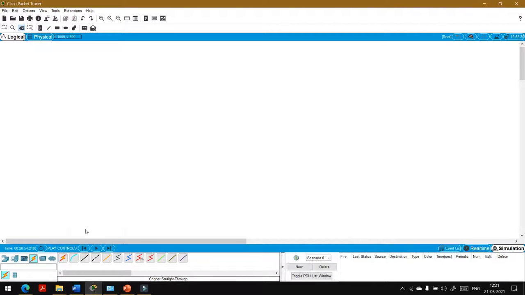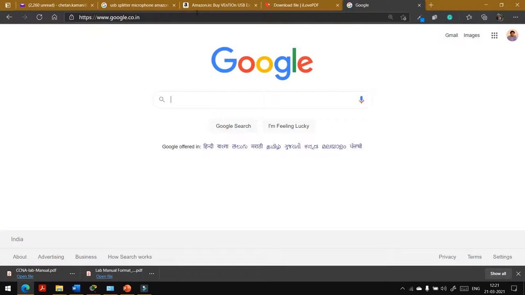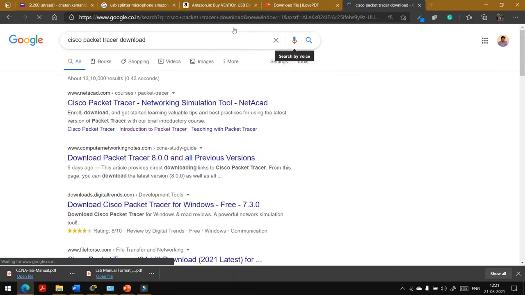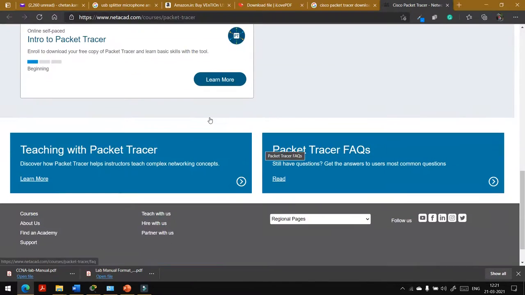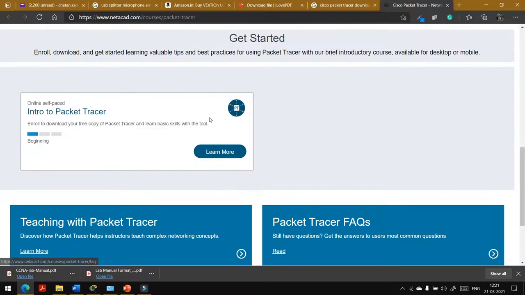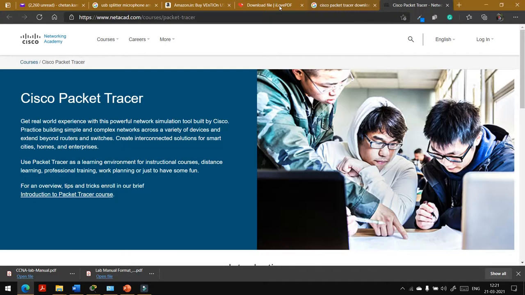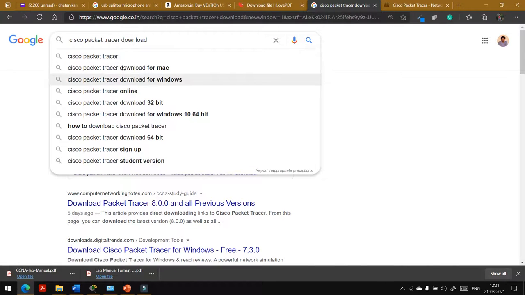You can download Cisco Packet Tracer by searching for it on Google, and download it for Windows.